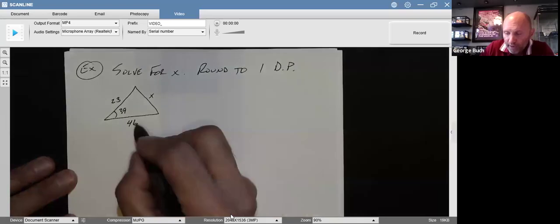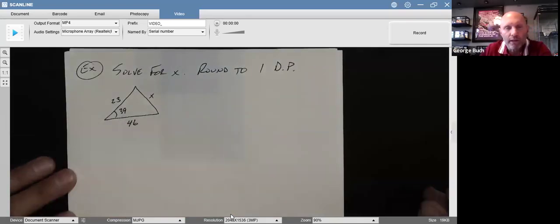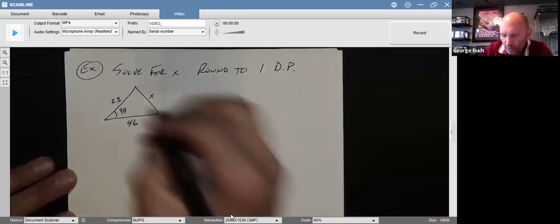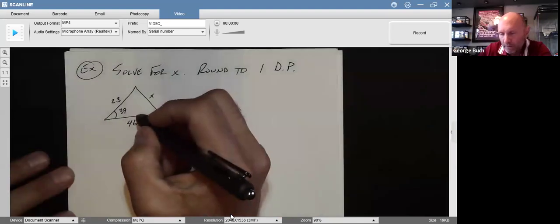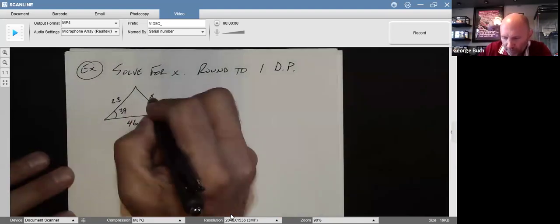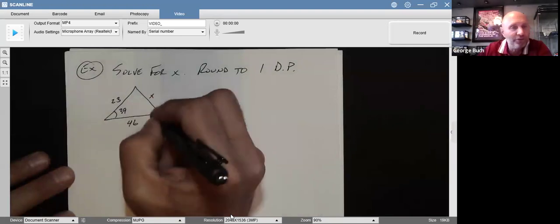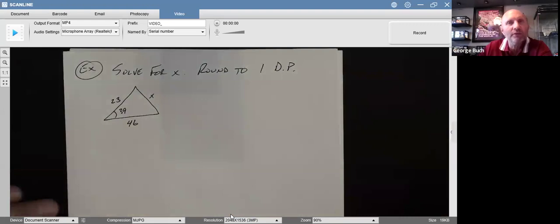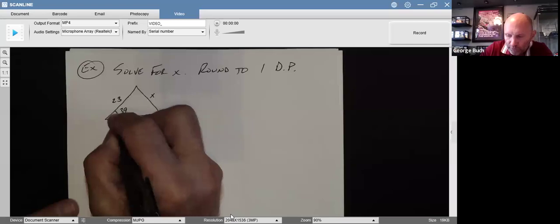So I have two sides and the included angle. That means law of cosines. I'm not going to use law of sines here because I don't have enough information. I don't have a side opposite this angle. I don't have an angle opposite this side. I don't have an angle opposite this side. So I can't even use law of sines if I wanted to. If my favorite formula that I've ever learned is law of sines, that's great, but you can't use it here. When you have two sides and an included angle, you can only use law of cosines